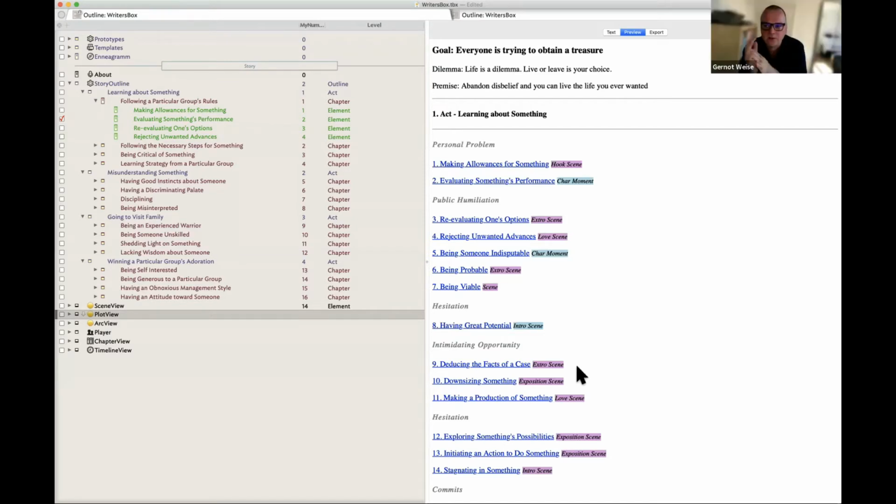Yeah, that's actually also what I really like with Tinderbox, that you can do in Tinderbox all the things you can forget when you go to Scrivener and writing. But in Tinderbox, you really can focus on, okay, what is my scene number one? In which chapter does it belong? Why is it there? What does it have to do with the personal problem? What do I maybe need to emphasize in that scene? And that's exactly the power of what you can highlight and emphasize with Tinderbox, that you can create different views.